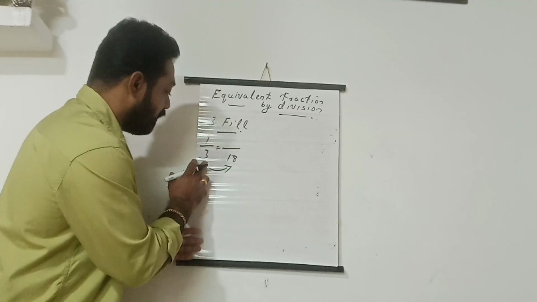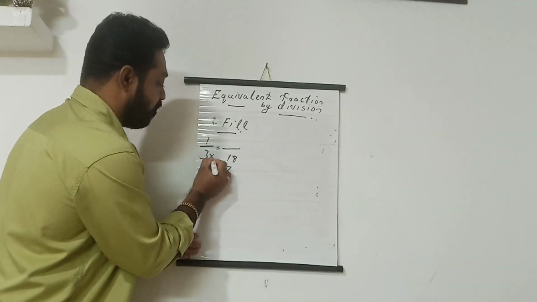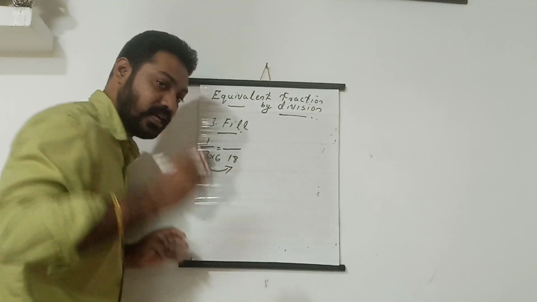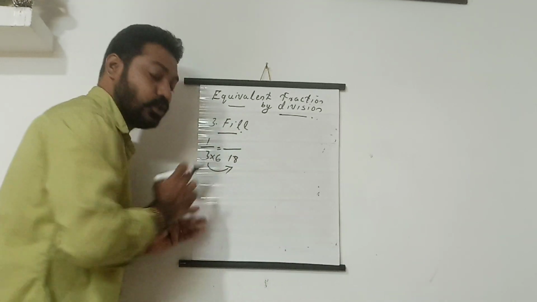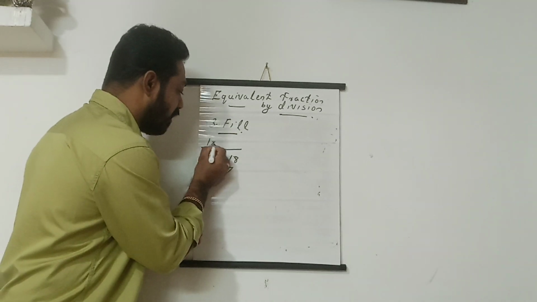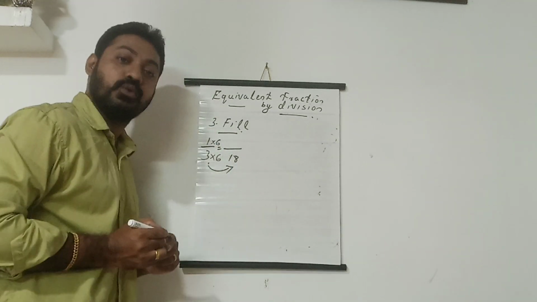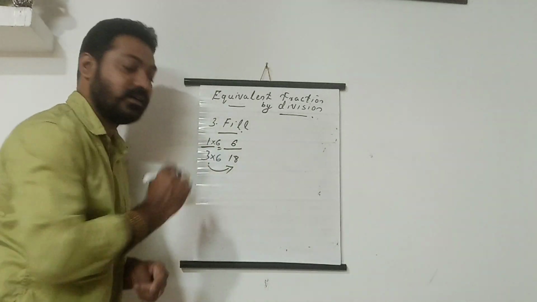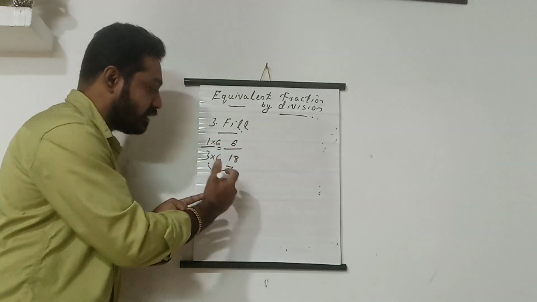Okay, so 3 becomes 18 by multiplying with which number? 3 6s are 18, so we multiplied by 6, that we have to think. 3 and 6 multiplied give 18, understand? So like that we have to multiply 6 here too, 1 into 6, so what will you get? 6 by 18, understand? This is what comes here, understood? 6 by 18 we will get.